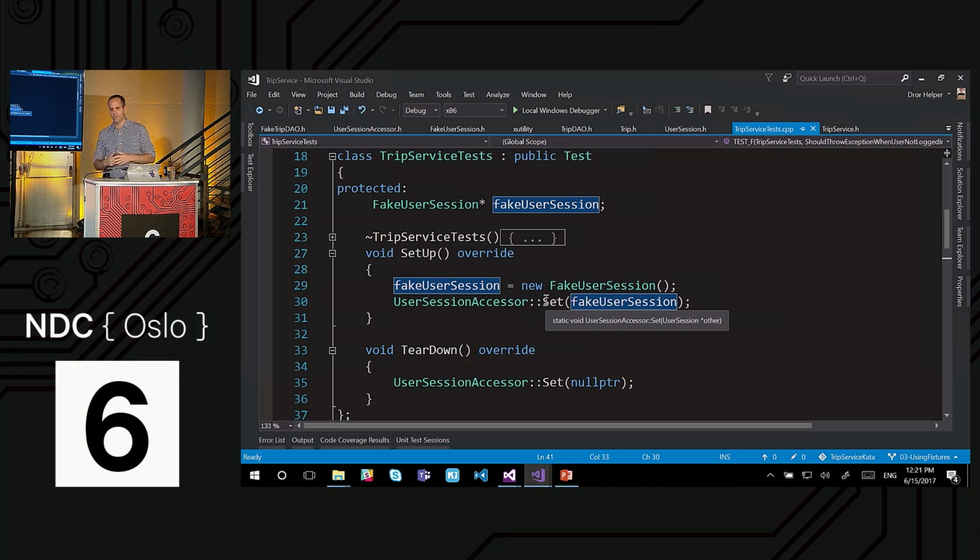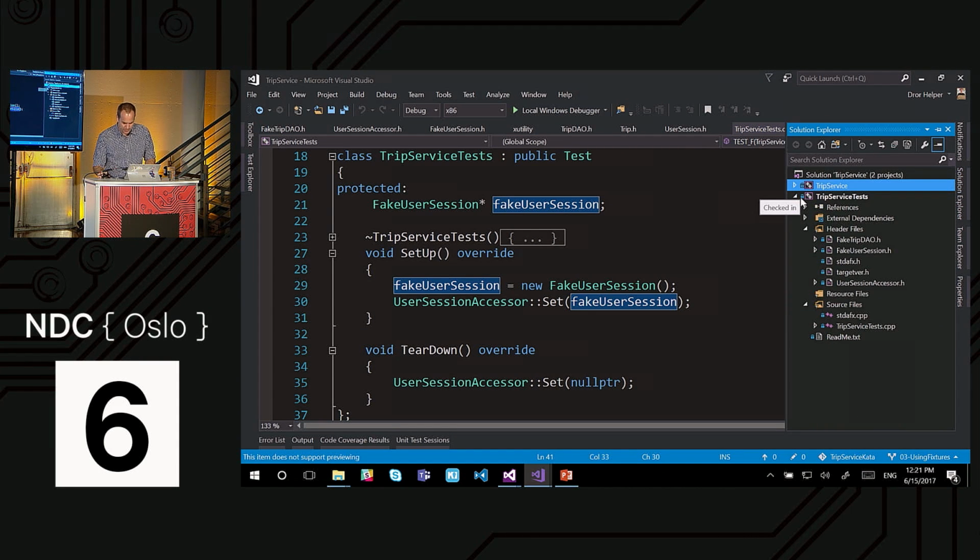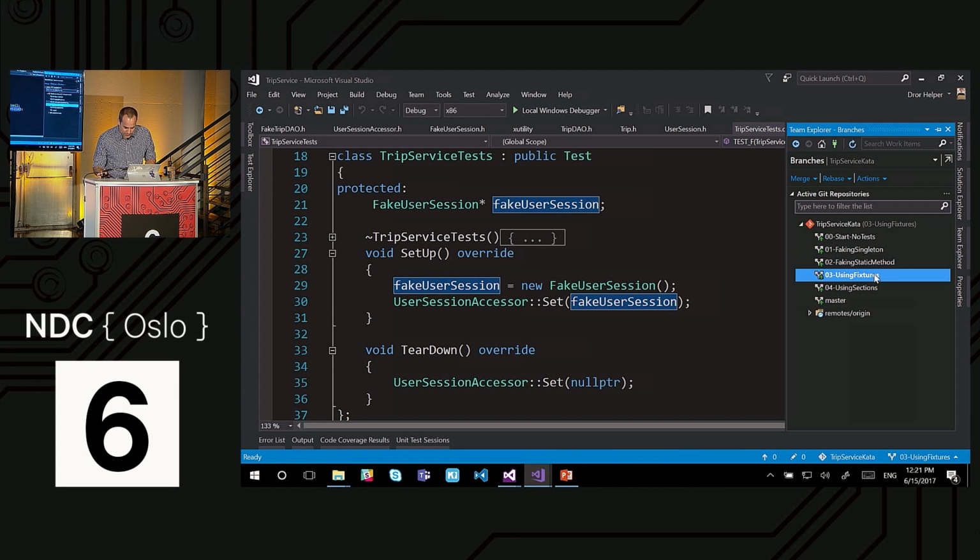And there are two outcomes to this kind of behavior. Either the test will fail, which is the good outcome. It means that I get to catch a bug. Or the test will continue working and test something completely different from what I intended. That's why I like a different solution, which is sections. And for sections, I'll just jump ahead.